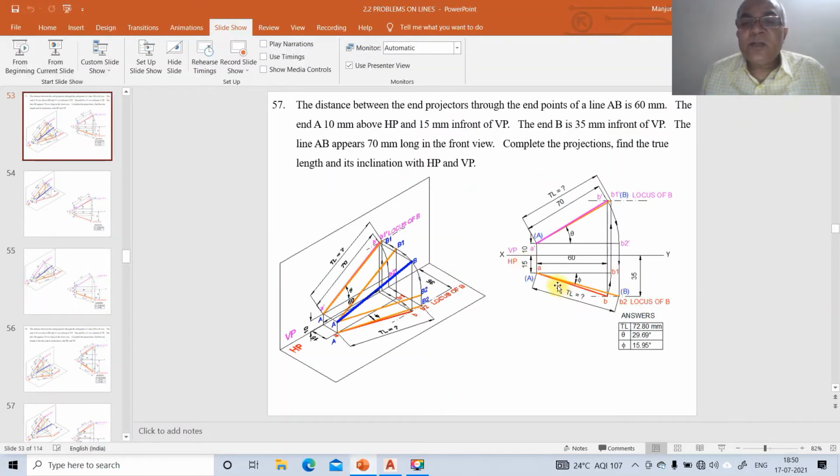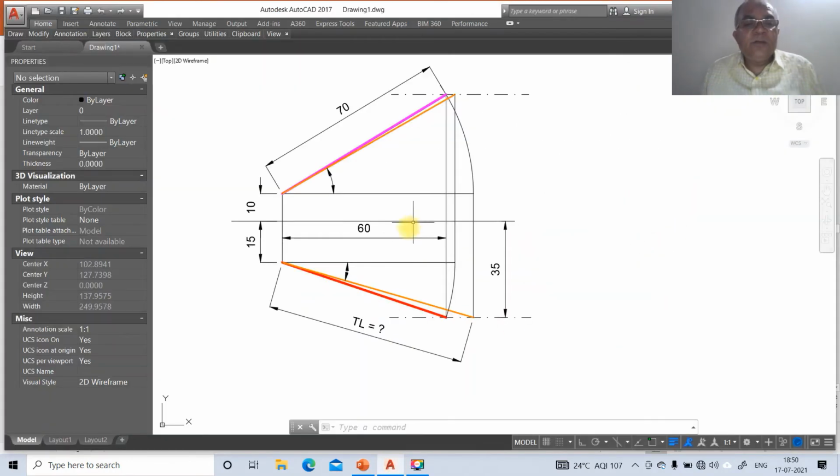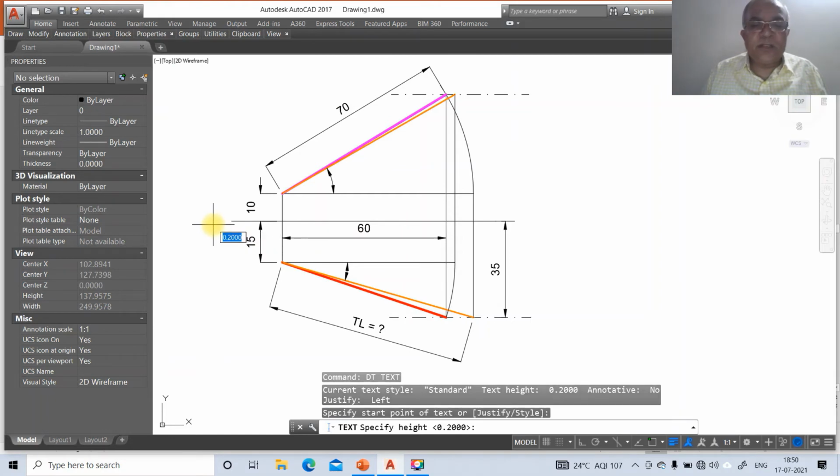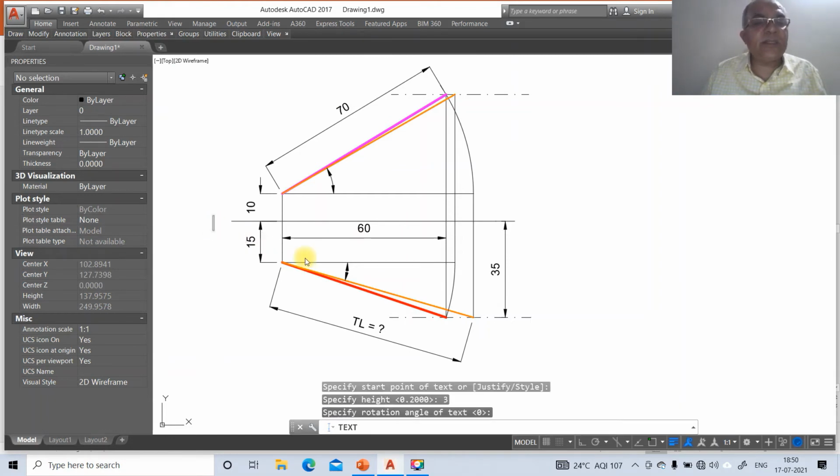So once you do that, now we will go to name them. So to name them, here B1 is at the bottom and B2 will be in the front. To do that, first we'll go for dtext. So come down to this and you mark this point, text height as 3, rotation angle as 0.